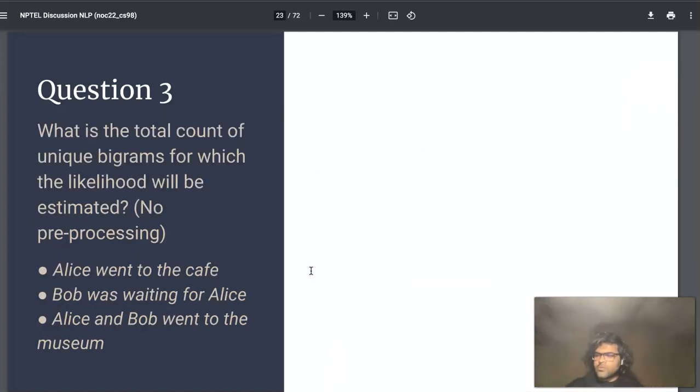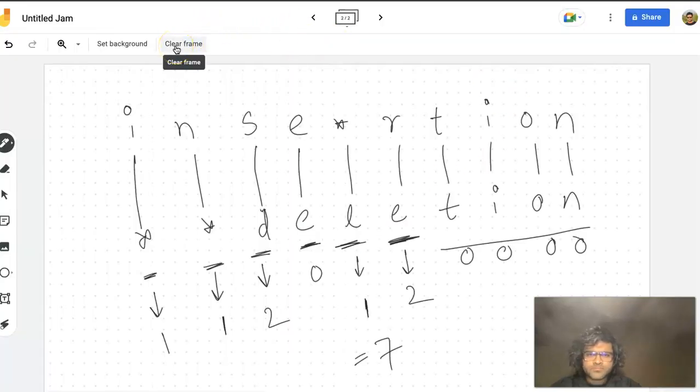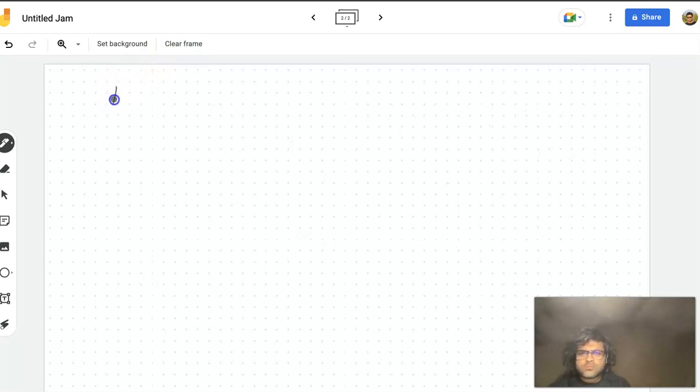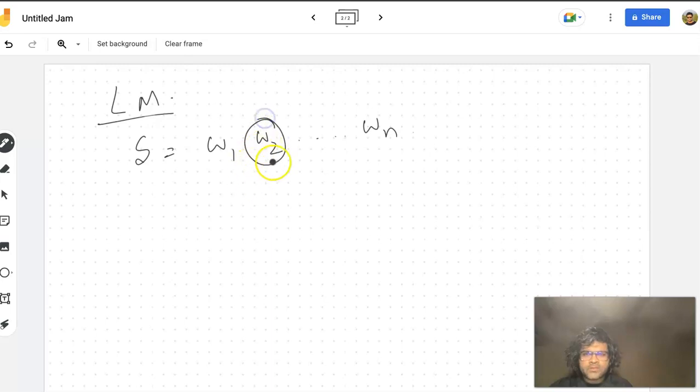Okay. Now come to the next part, which is about language modeling. I hope you already know what language modeling is. Basically, we have a string, suppose this is the sentence. It consists of w1, w2, up to wn. And if I need to predict the probability of a word,